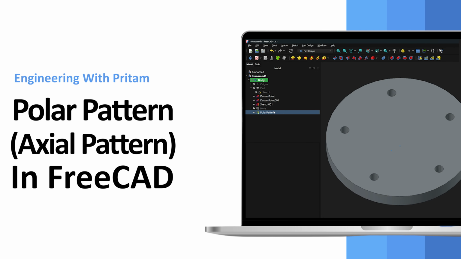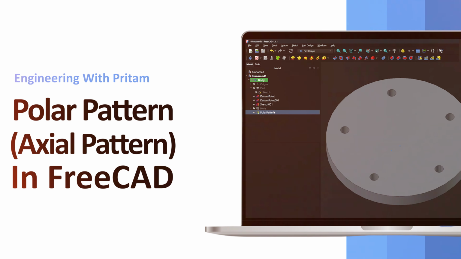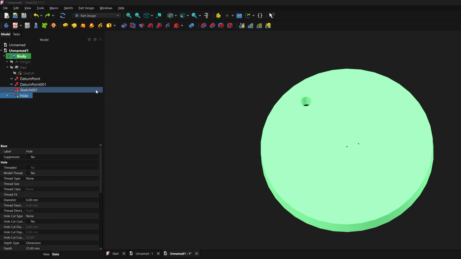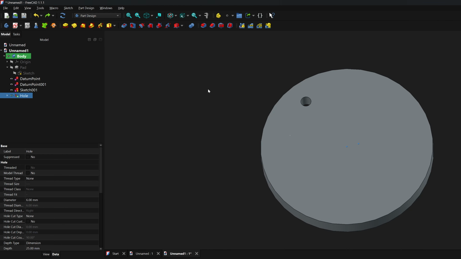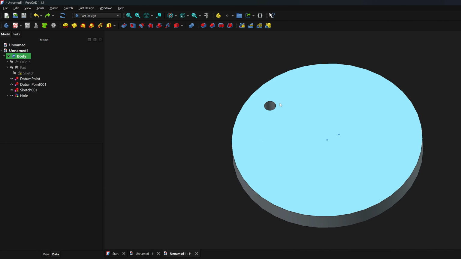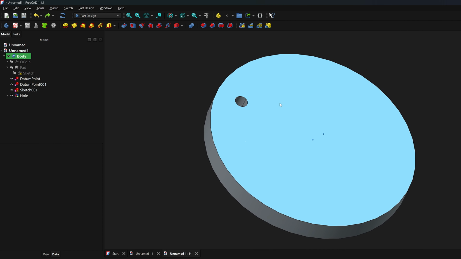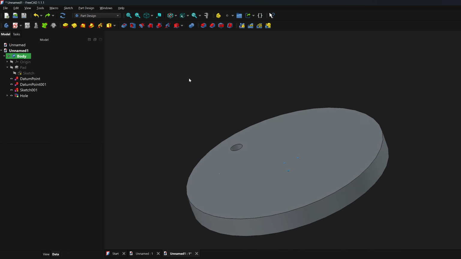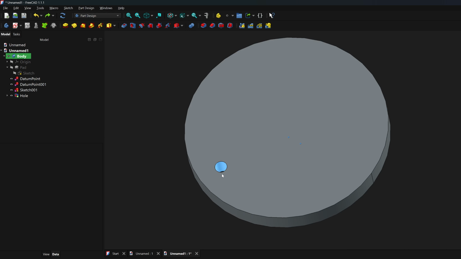In this video of the FreeCAD series, we will talk about polar pattern or axial pattern. Axial pattern sometimes can be very useful, especially when we are creating a circular object, and in that circular object there are certain features that are identical and we want to create multiple instances of it. For example, here let's say there is a circular plate